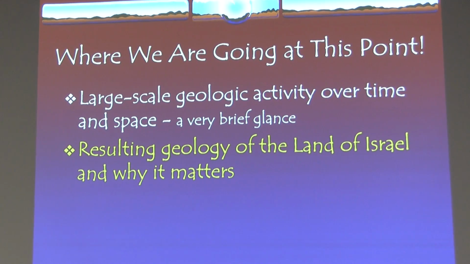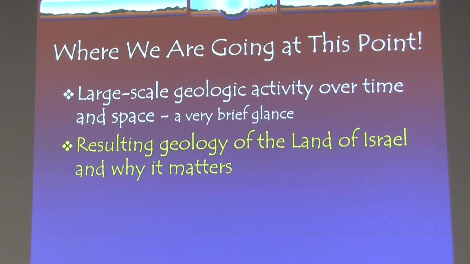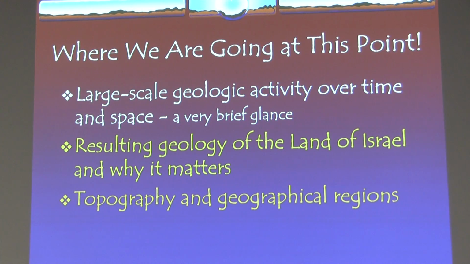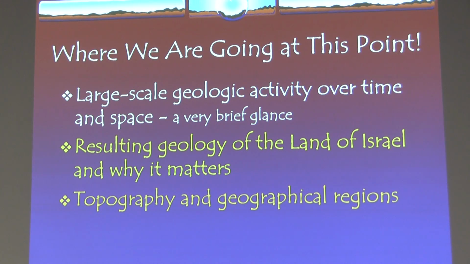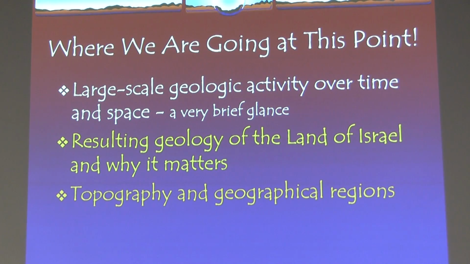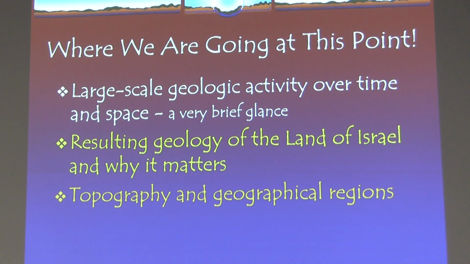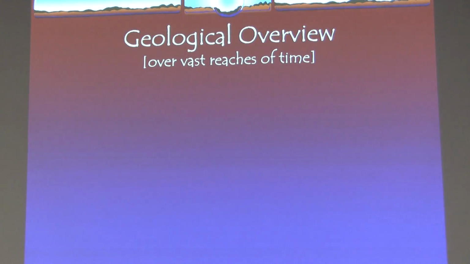As I suggested a moment ago, the implications of those geological shifts over literally millions of years has impact on the geology of the land of Israel. And that is going to impact not just topography, mountains, valleys, etc., but it's also going to impact soil types, water sources, and so forth. So this is going to be pretty important stuff, even though it might feel a little gnarly from time to time. That will lead us into a look at a number of maps which deal with topography and also begin to focus us on various geographical regions in the country. So that is the direction we're going.